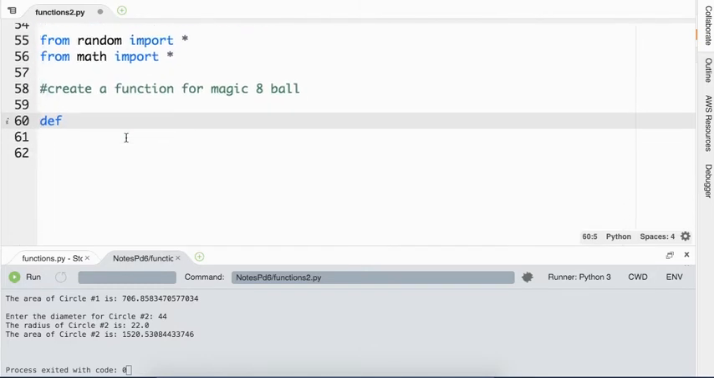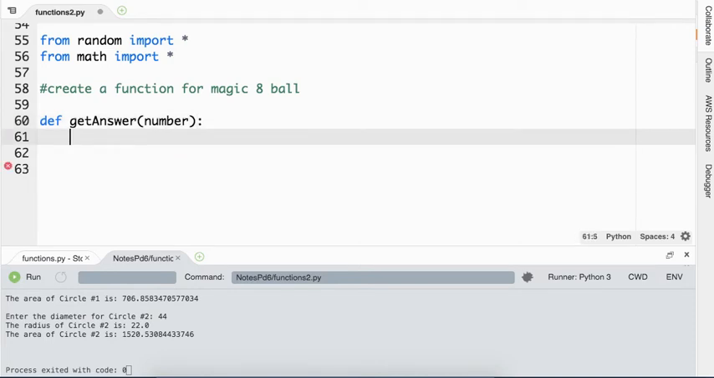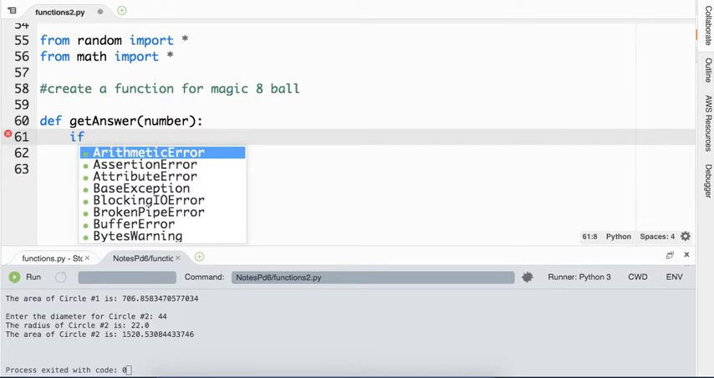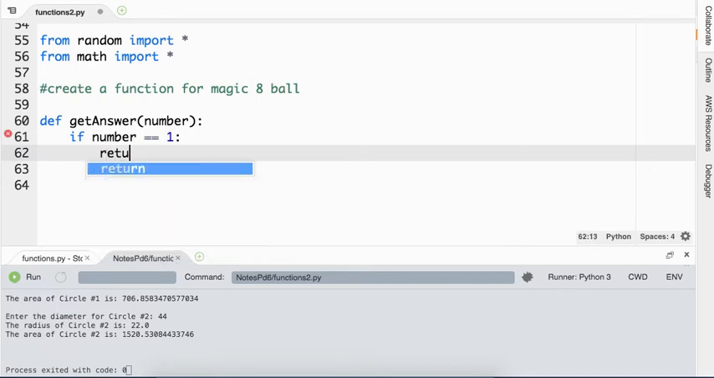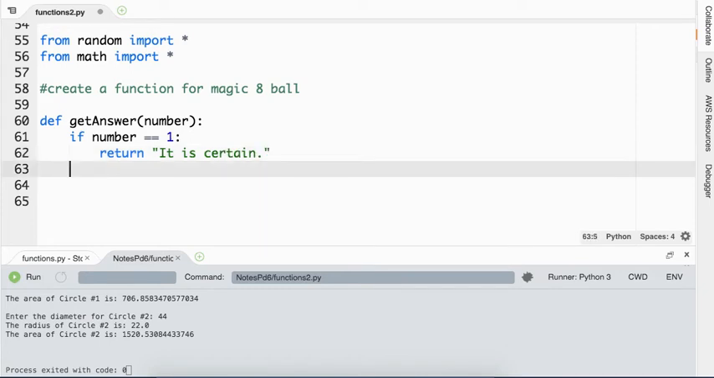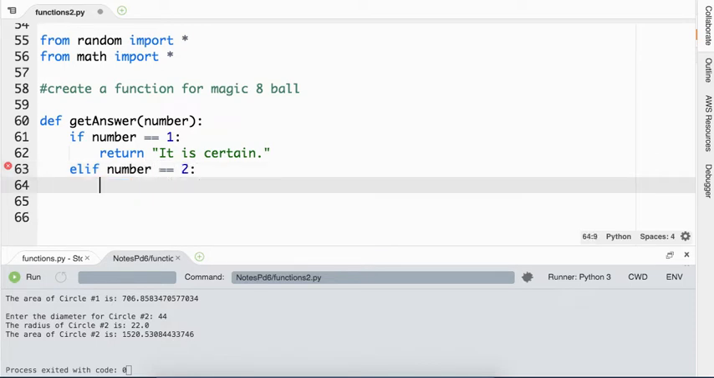def, and we could call it magic 8-ball, but I'm going to call it get answer because it's going to get you an answer. And we're going to have this function take on some kind of a number. I'm going to call that number. Then we're going to use a bunch of conditionals, and you'll see where I'm going with this in a little bit. If number equals 1, we're going to return it is certain. Elif number equals 2, we're going to return